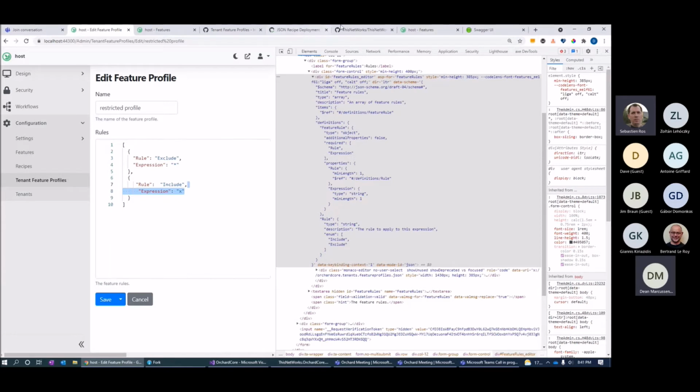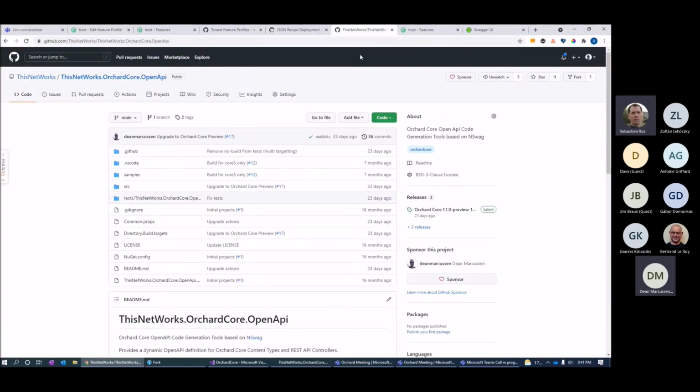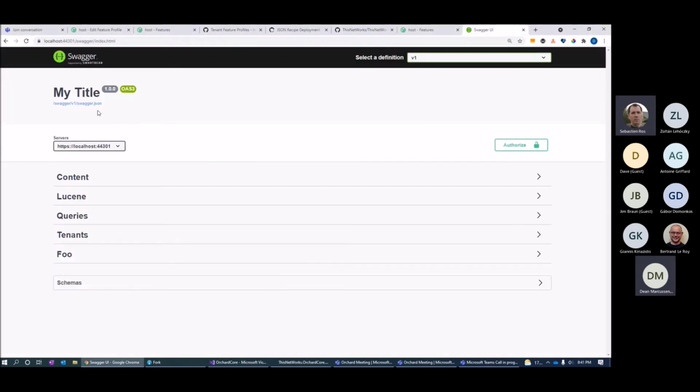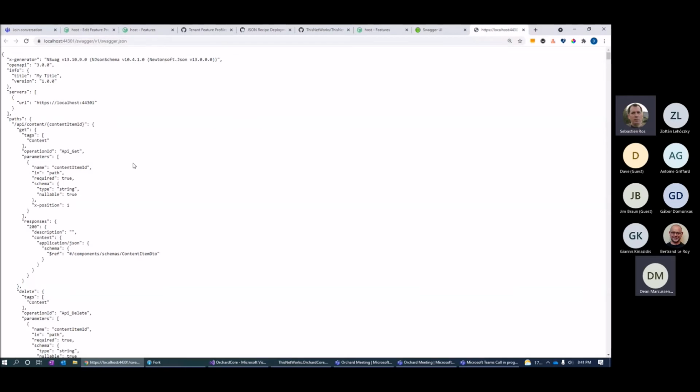So I wanted to have a little bit of a talk about that, because pretty much all of the code that builds up this schema is very similar to a module that I talked about a long time ago, which is an Open API module that I do, which generates dynamic schemas for content items, or content types, sorry, which then produces a Swagger document, and this Swagger document,